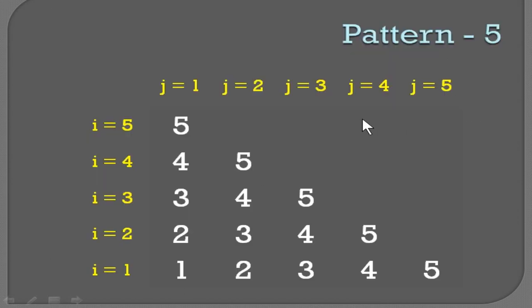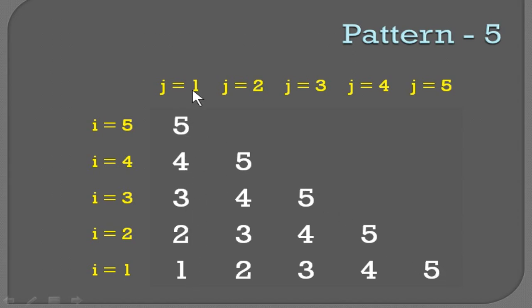So the next pattern is similar to the previous one, but the i value is decreasing, because you can see the first column is 5, 4, 3, 2, 1. So the outer loop is in decreasing order. The start value is 5 and the end value is 1. Okay, inner loop: you cannot make it out from the first row. Go to the last row, you can see the j value is 1, starting with 1 and ending with 5. The only difference here is that the end value is the same but the start value is different.